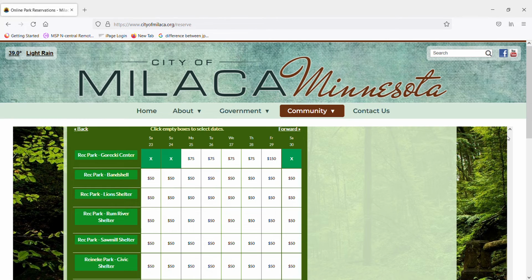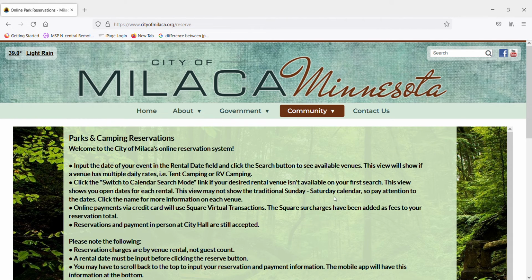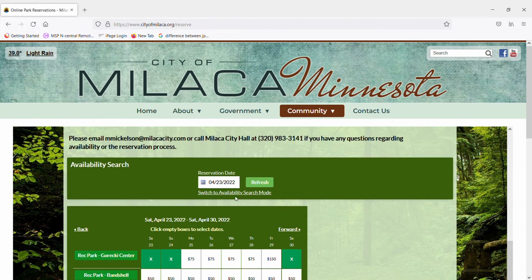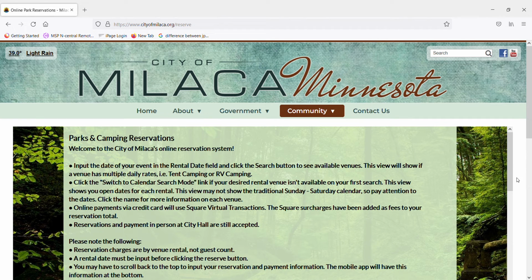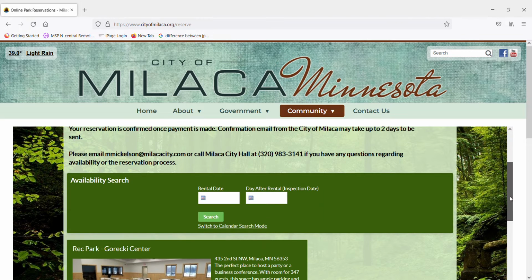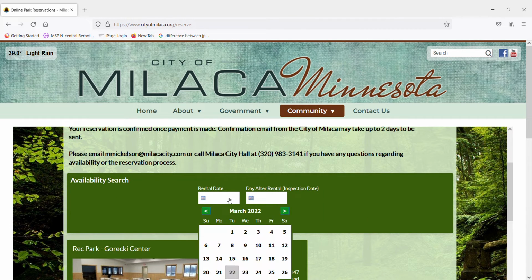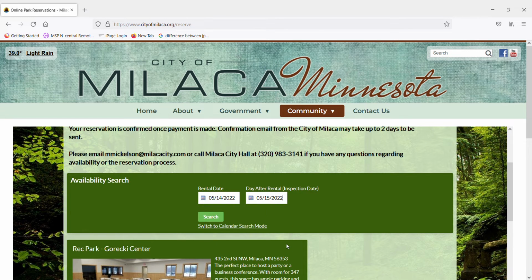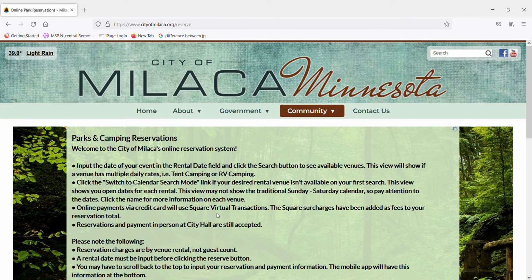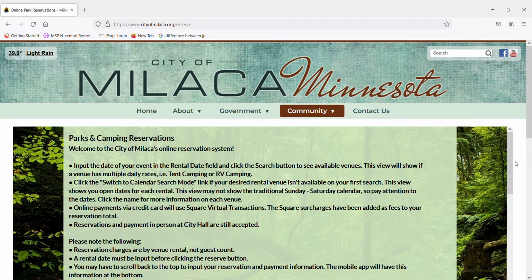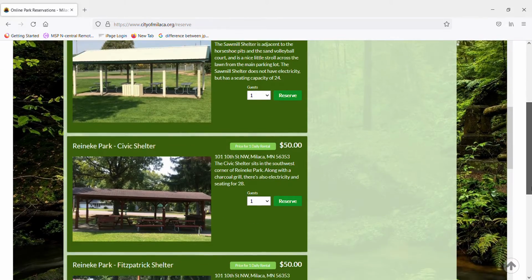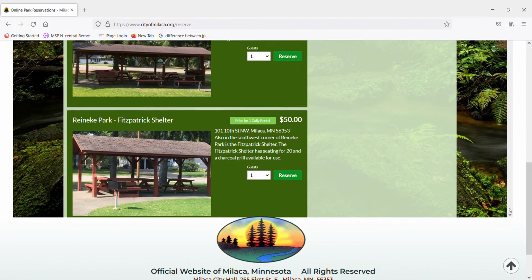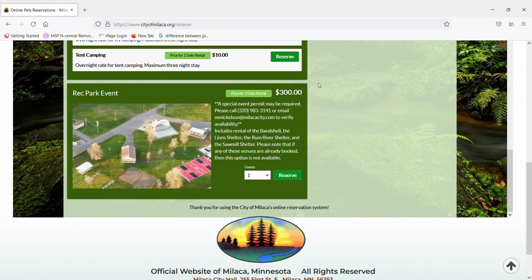The one thing you do need to know about the campsites and the council room is that it will only show the multiple daily rates in the availability search mode. For example, I will go to May because the campsites are not yet open, and you search. And here we have